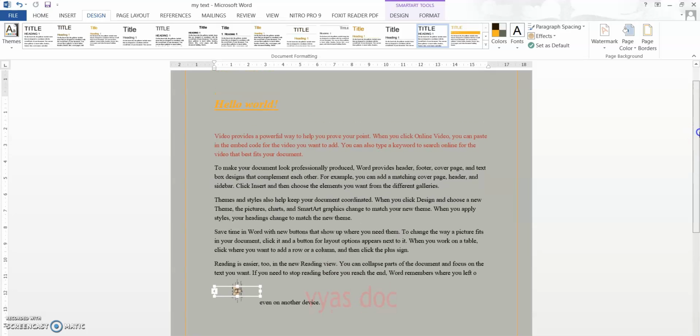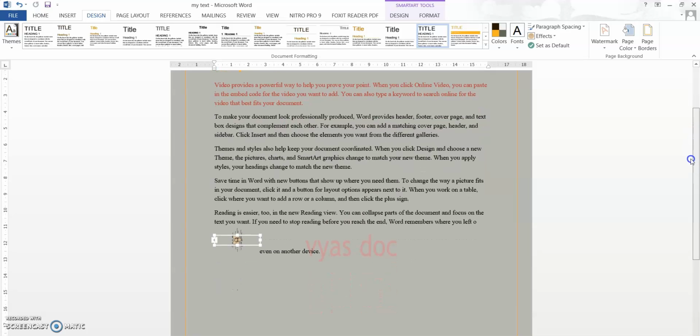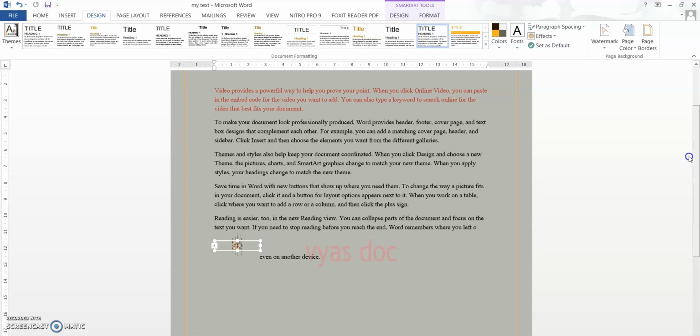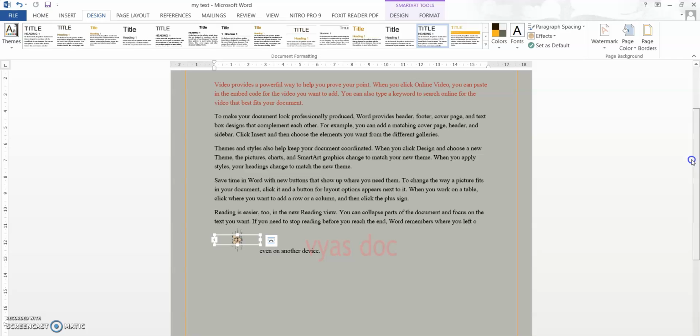Generally it is advised to keep a dull color, otherwise you will not be able to find the difference between the text and the watermark, because the watermark will also be printed when you are printing a document. So this is the important thing that you have to know.